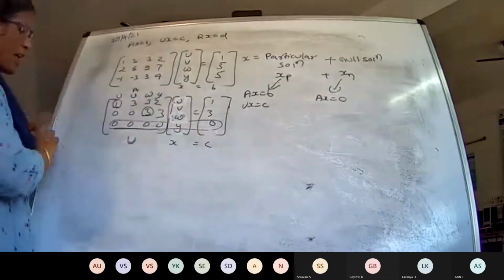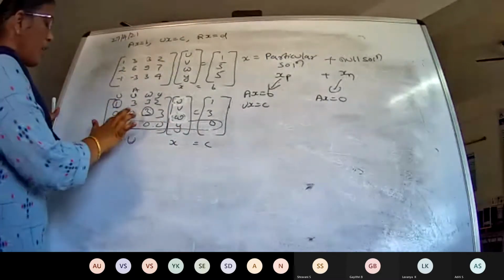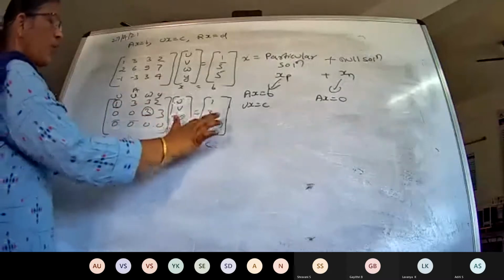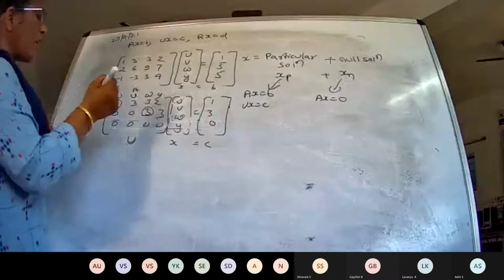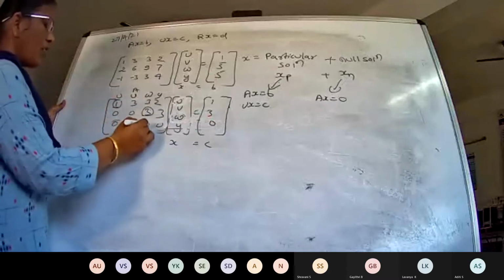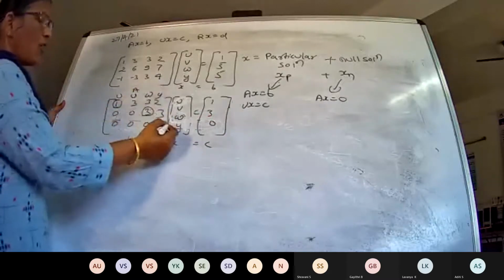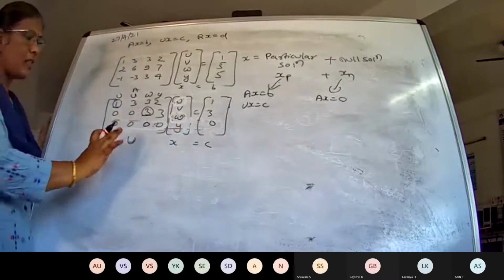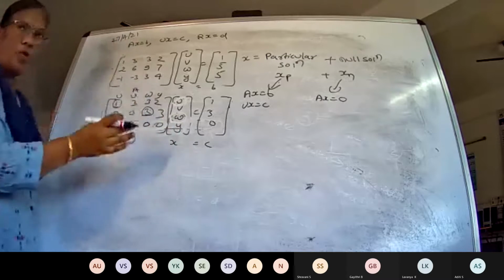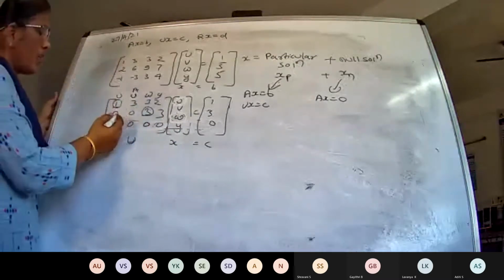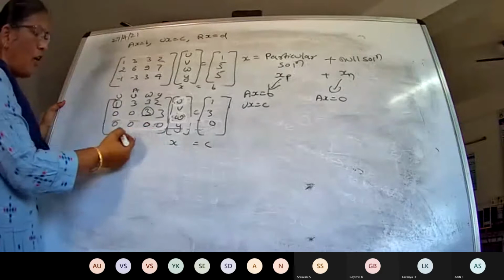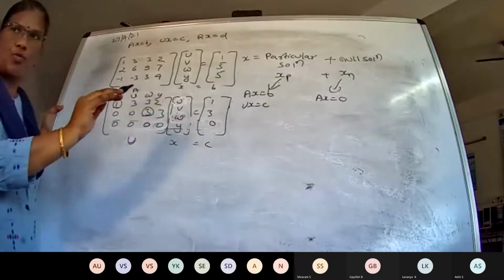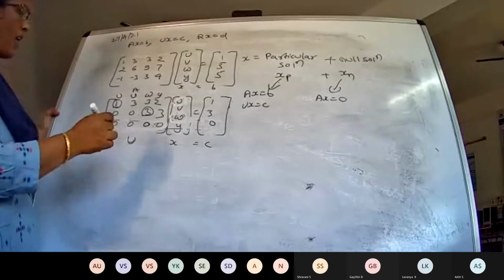Ux equals c. How do I write it? The first step is to write the expression. Whatever expressions you get, you solve them. Always start with the lowest row. Here 0y equals 0, so leave all the zero rows as they are, and move on to the previous rows, going backwards. From the third row, I have all zeros, so leave it, because 0 times all the variables equals 0. We don't have anything to find there.